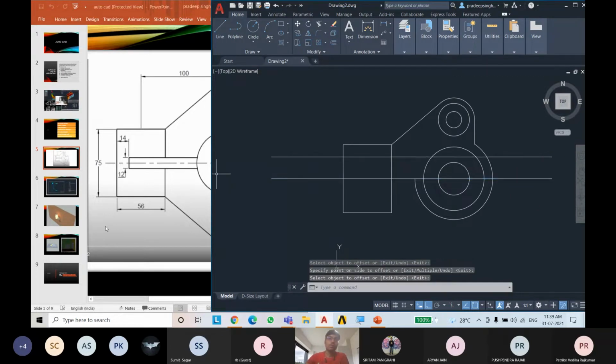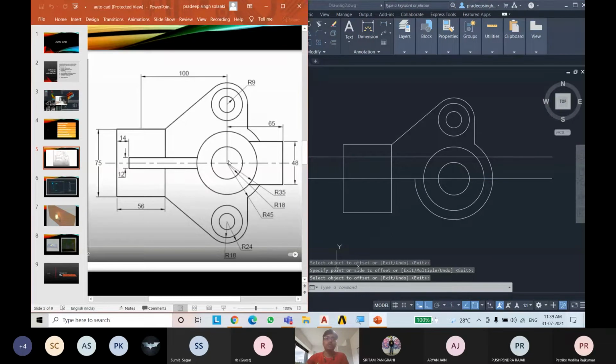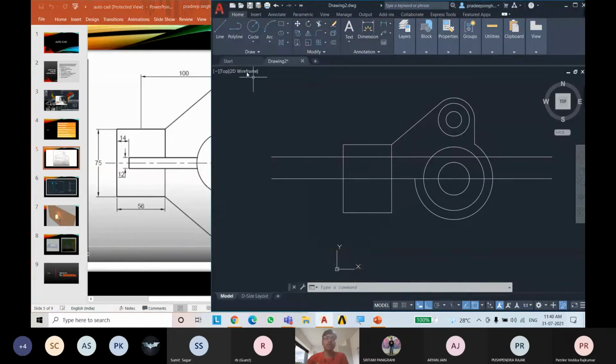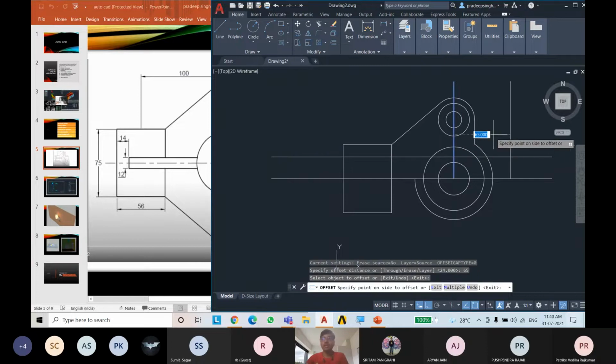Now you can also see that this is 65 distance from it. So now we will make a center line, use the offset command. We will type distance 65, enter, select this line and drag it rightward and enter, and then another enter.